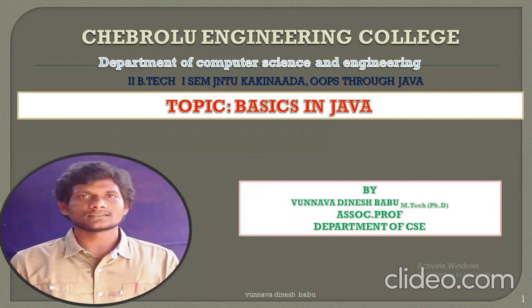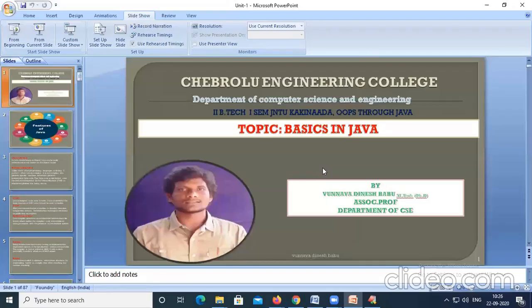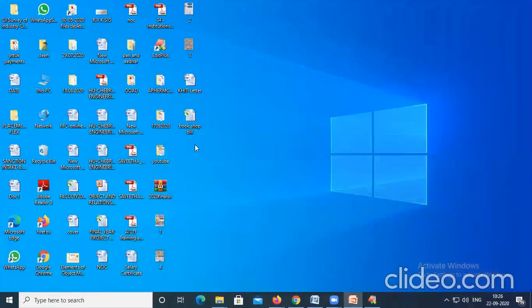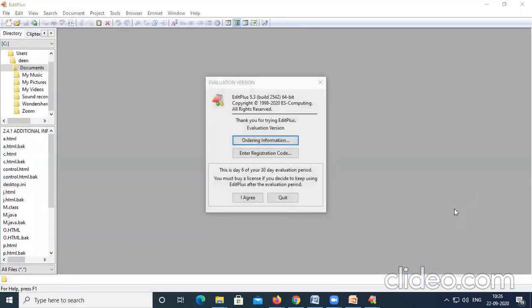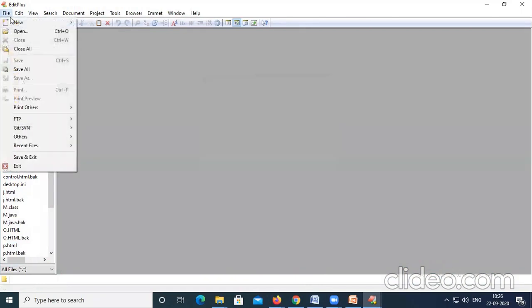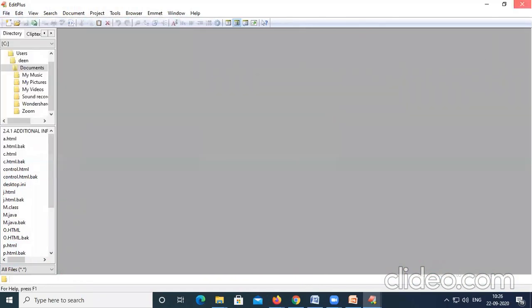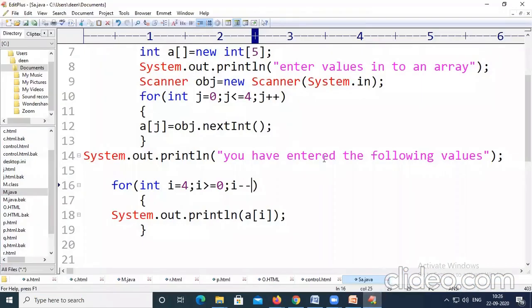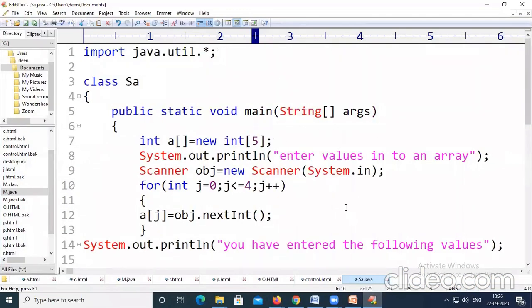I want to show one more program on single dimensional array where that program will add two arrays and print the result in third array, right? So let us move to the programming window, that is EditPlus, and let us start working with the addition of two arrays in Java. So this is EditPlus. Now it is already opened. Yeah, right. So it is a program we have seen in the previous session.